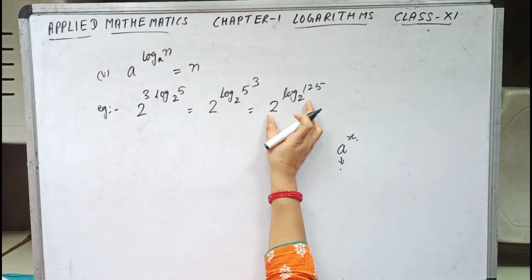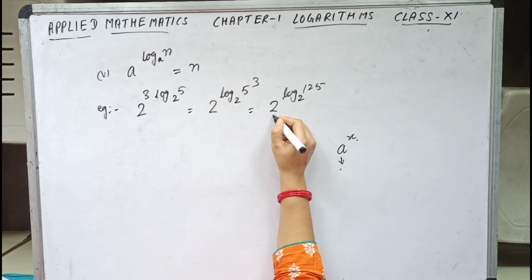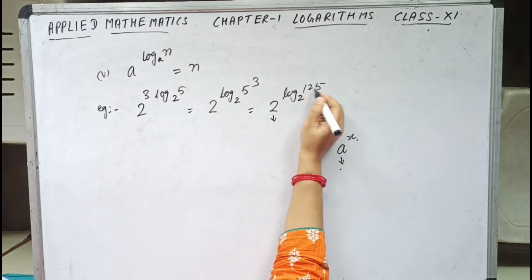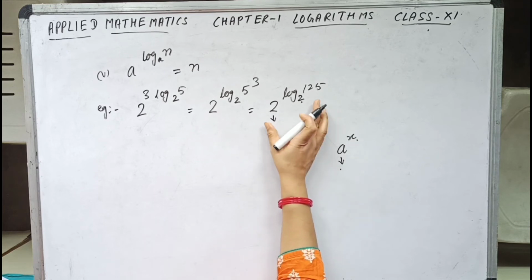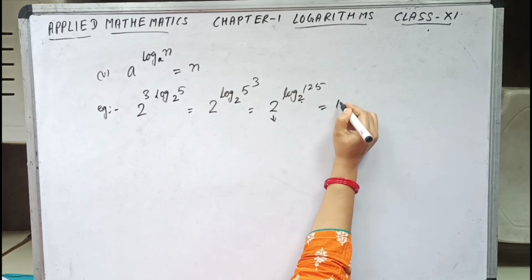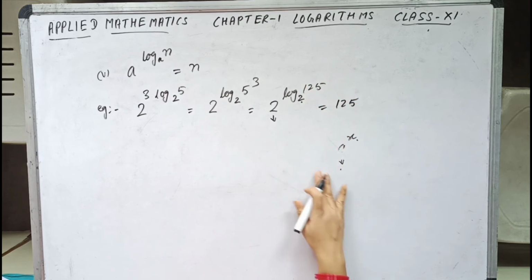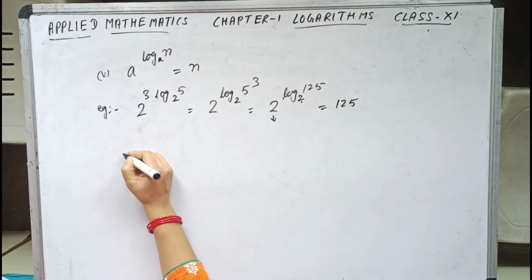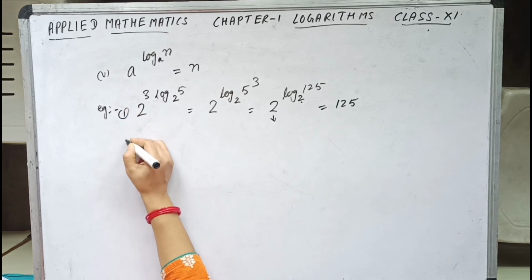So this number is actually in the form of an exponent, where this one is the base, and for the logarithm this 2 is the base. So when the base of the exponent and the base of the logarithm are the same, the number equals whatever is inside the log. I think you understand.